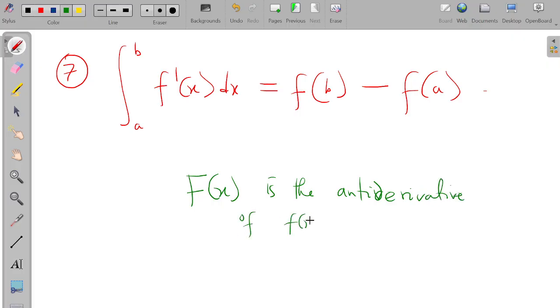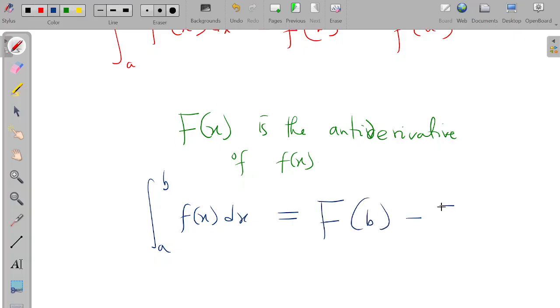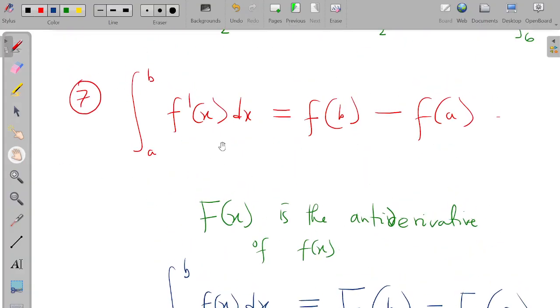Of f of x, of small f of x. Okay, so what we now did is that we now said the integral from a to b of small f of x dx gives us the antiderivative, which is F of b minus F of a. Okay, but here again, the antiderivative of the derivative here is f. So small f of x is the antiderivative of the